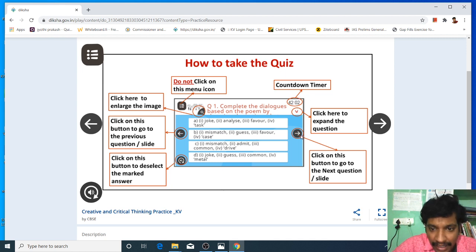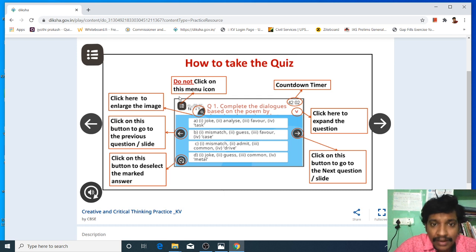Then the right side arrow is for getting into the next question, and the left side arrow icon, if you want to go to the previous slide, you can go there. Unnecessarily you should not click on this menu, but they have already mentioned it here.